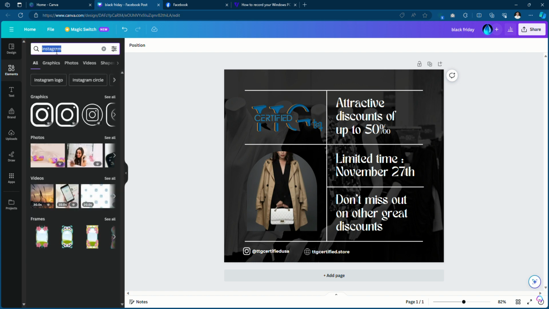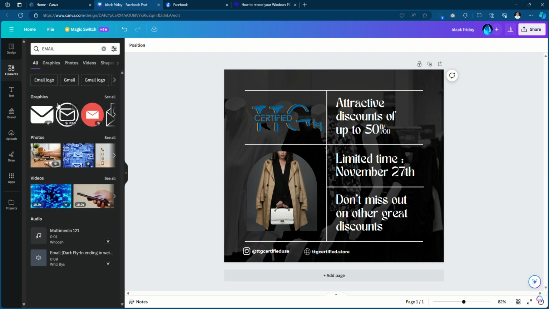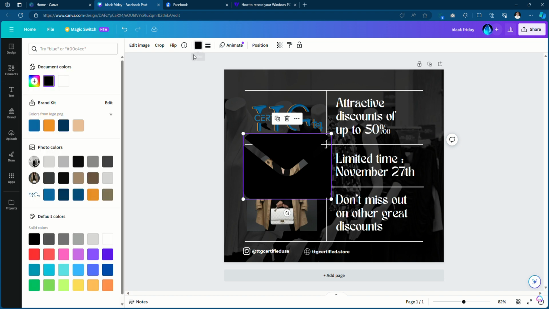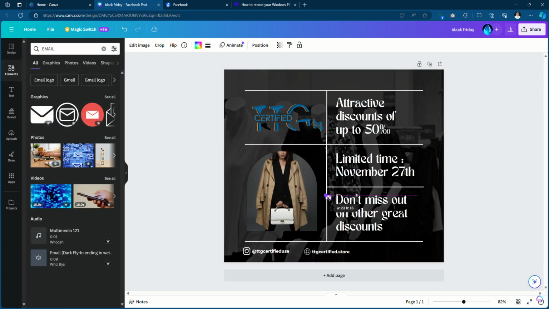So let's put our email rather. Then change the color to white so that we are able to see it.